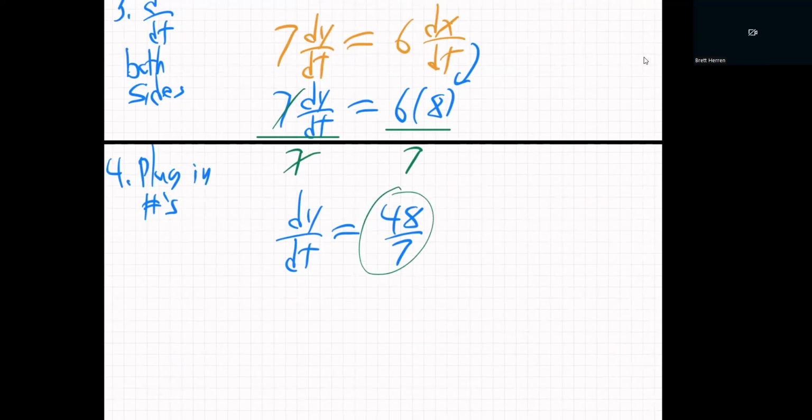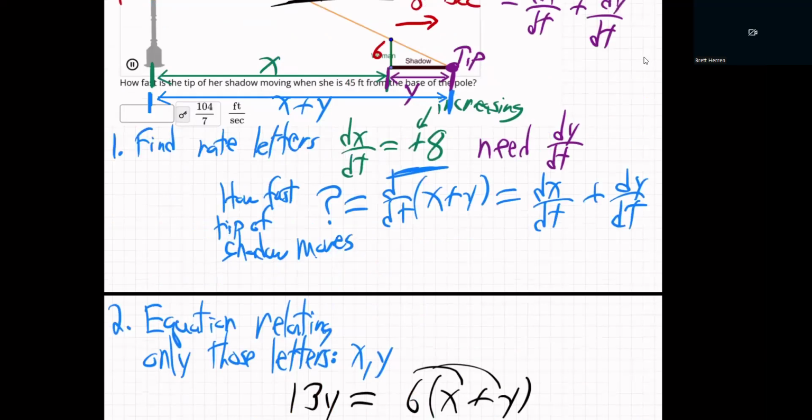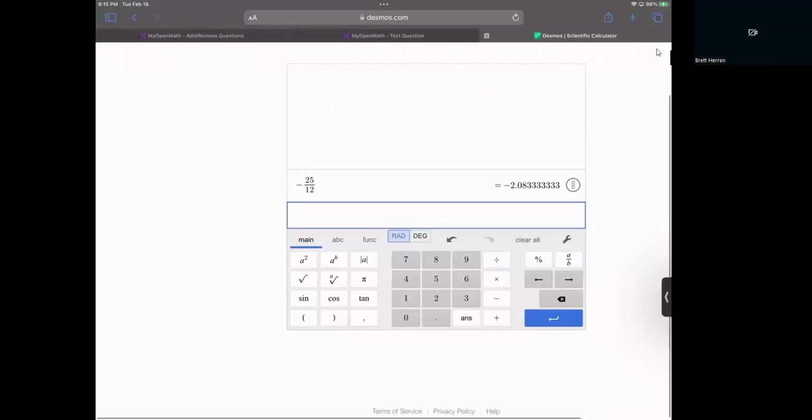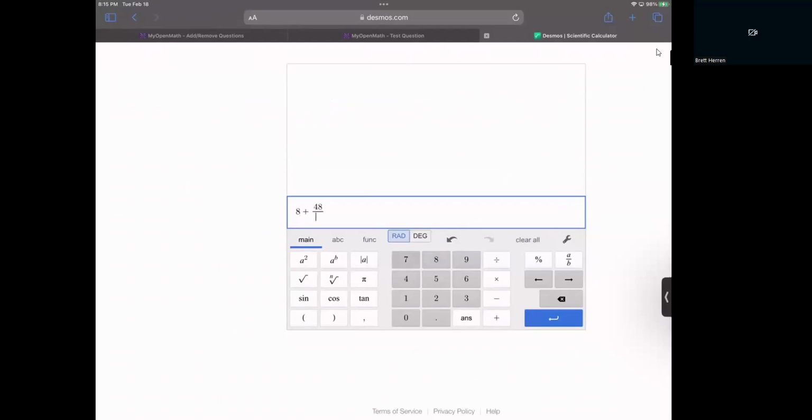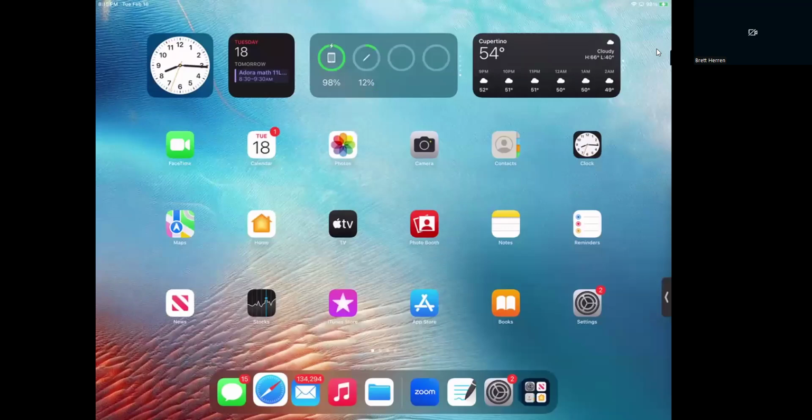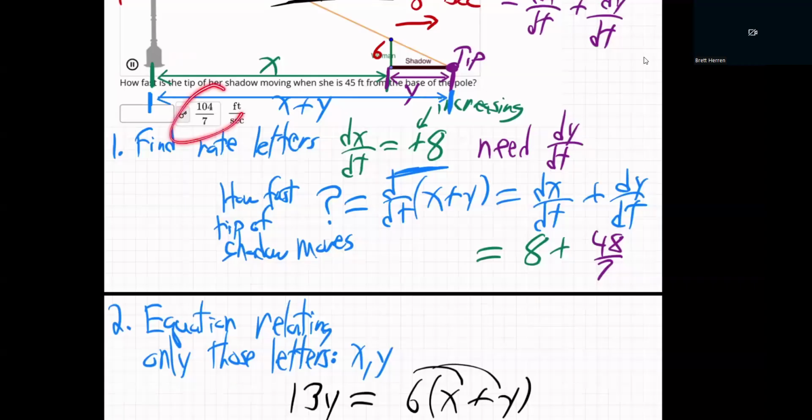so we got this is 48 sevenths. So this is going to be 8 plus 48 sevenths. Now, you can hit the buttons on your calculator, and I'll go 8 plus 48 sevenths on Desmos. Let me show you, or you can do it by hand. Then I'll hit this little fraction button there. Boom, it tells me 104 over 7. Either way, decimal, fraction, 104 over 7, and that's beautiful.